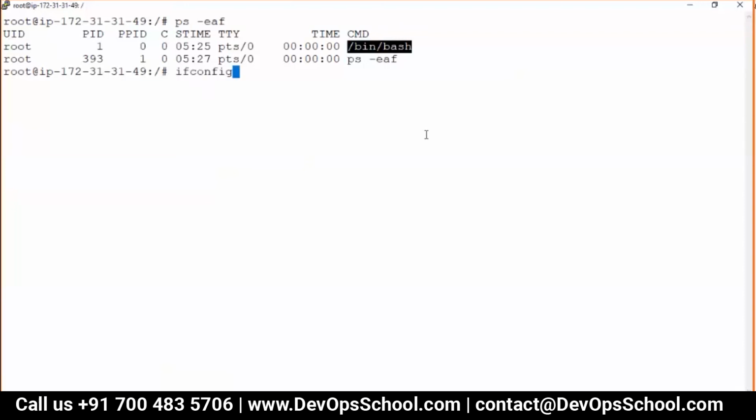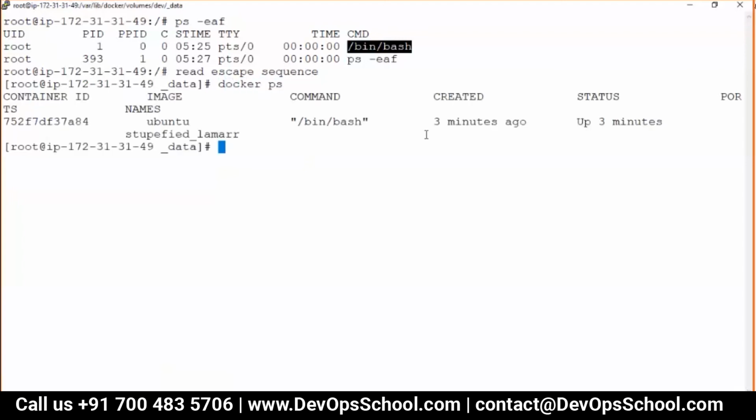Okay, so Control P Q. Sorry, I did not press Q. Control P Q. I did this, and now you see this container is still running. So host will share a host driver, and the container with the host driver will share the network with the host machine alone, and that way whatever network the host has is accessible to you. You get everything. So that's it.